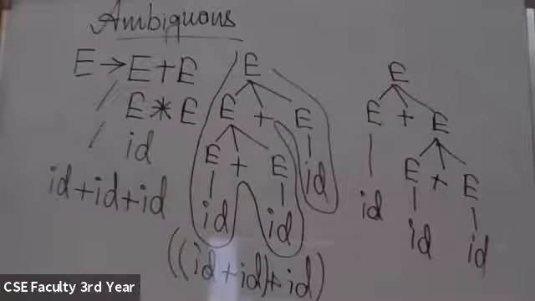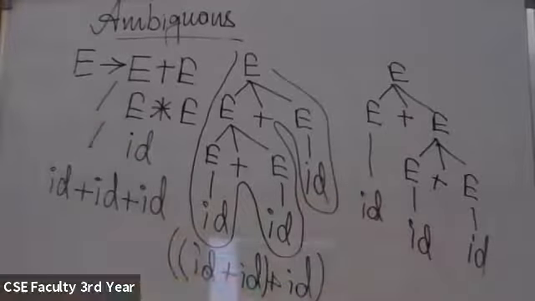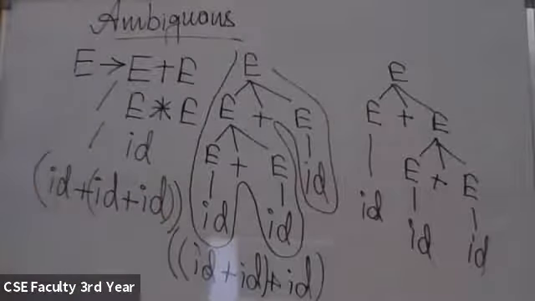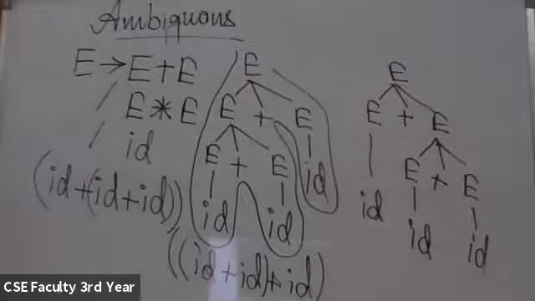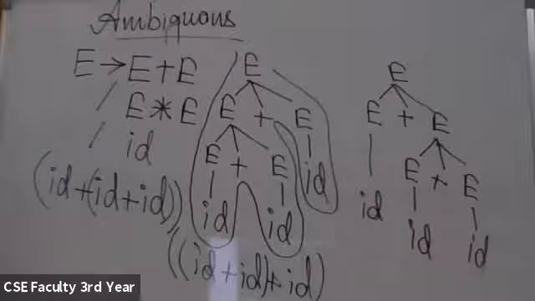And what about that case? In that case, you see this ID and this ID will be added first, then this one. That means this will be added first and then this. So this is right associative. Now, what is true for addition? What is true for plus? Which one is correct by the rule? Both of these will give the same result. But if I talk about the associativity of plus, then what is the associativity of plus actually?